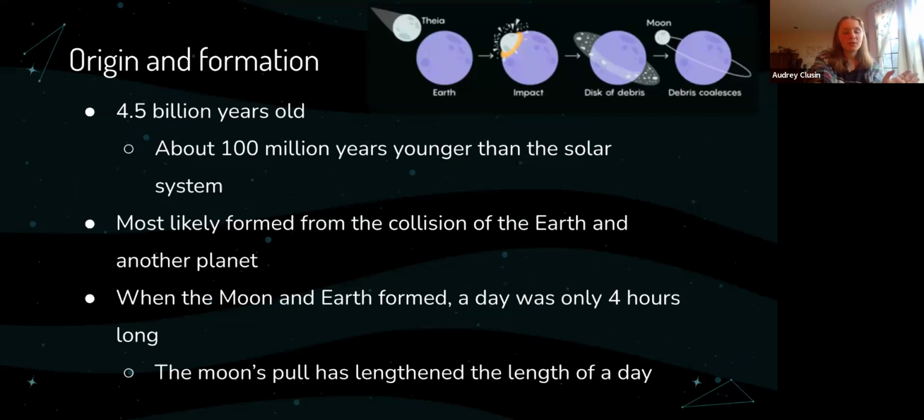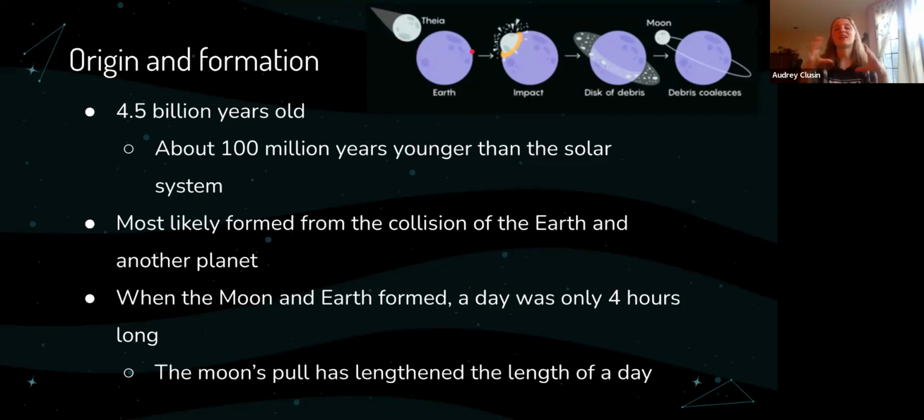So the moon formed, if you remember, the sun formed 4.6 billion years ago. The moon formed 100 million years after that, so it's 4.5 billion years old, or 100 million years younger than the solar system. If you see this little diagram, the moon most likely formed when Theia collided with Earth.